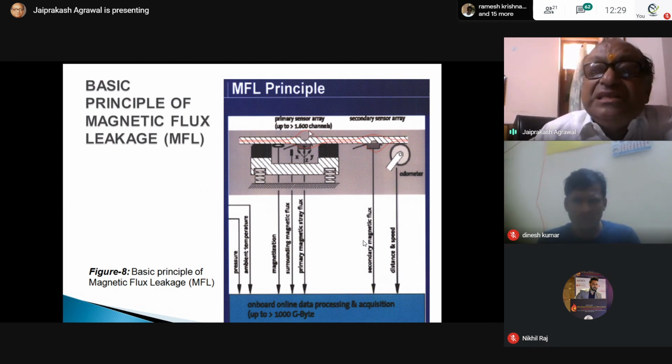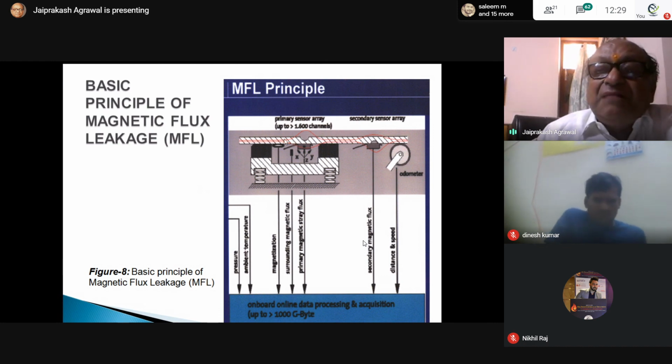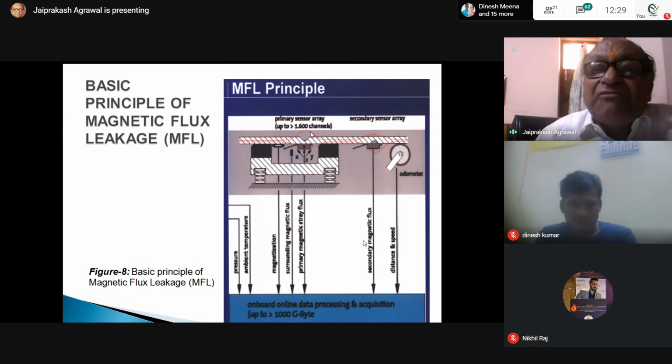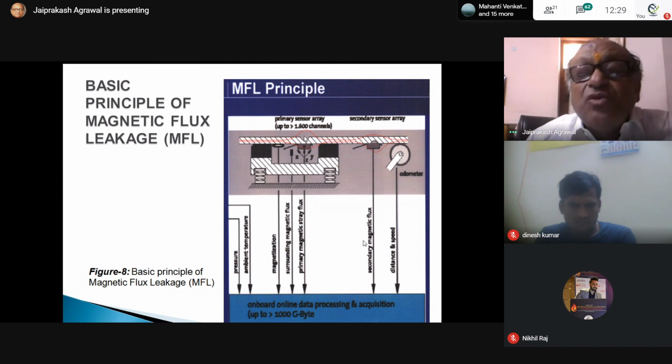Because of this leakage flux, the pipeline behaves like a conductor, and you know that magnetic flux is around it. Because of the changing magnetic flux, there is a voltage induced in the pipeline, and there is a difference of voltage between what is here and what is here, because here the leakage flux is there. That change in the voltage decides how much metal loss there is.